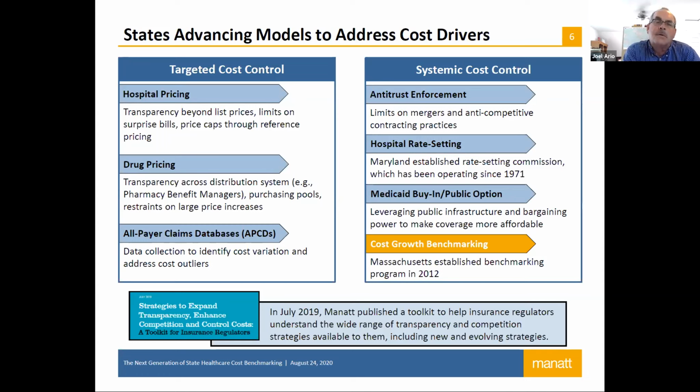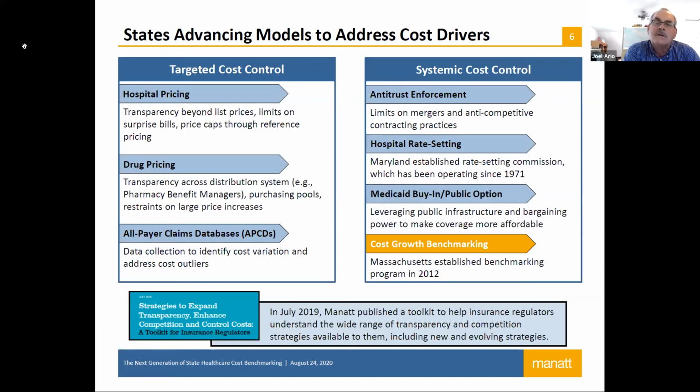shine a light on hospital pricing, as Steve was showing us in the last presentation. Drug pricing the same way. There are now drug affordability boards in like a dozen states, and other strategies to try to crack the nut of drug pricing. The president's doing some on the federal level as well. And then all claims databases, kind of transparency strategies, get increasingly collect data, try to look at cost variation, identify